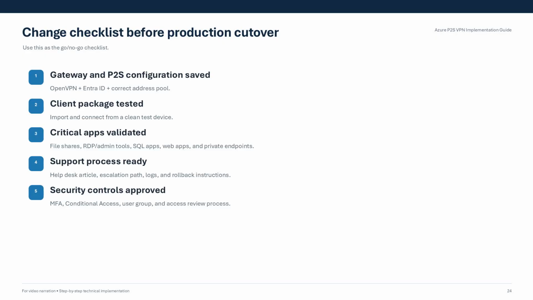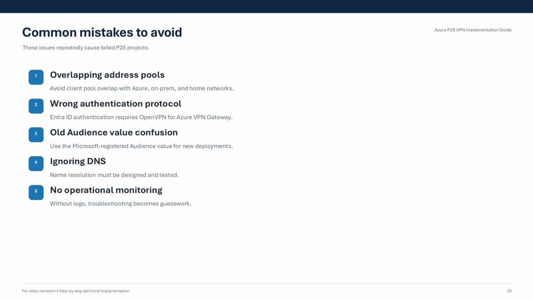Before proceeding with the production cutover, ensure all configurations are saved and client packages are tested. Verify that critical apps are validated and support processes are ready. Finally, confirm that all security controls are approved, including MFA and access review processes. To ensure a successful P2S project,